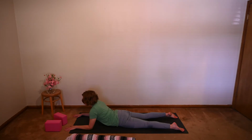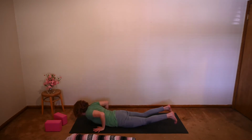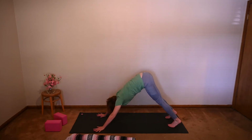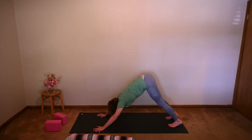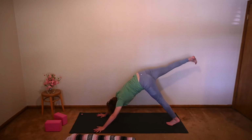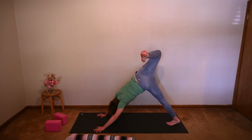Take one more full cycle of breath. And then lower down, slide the hands back, press up and back, down dog, either through all fours or through plank. Take a moment here. Now, option 1 is to lift your right leg up and back, bend your knee, and roll the hip open